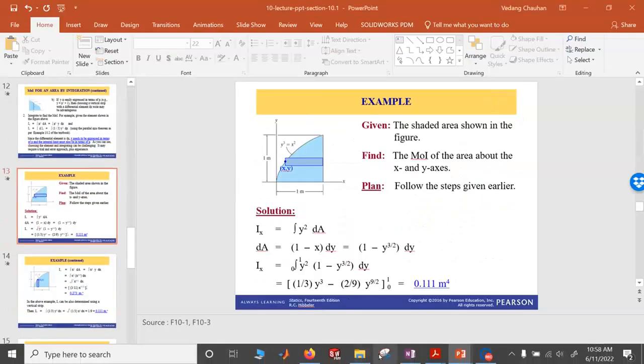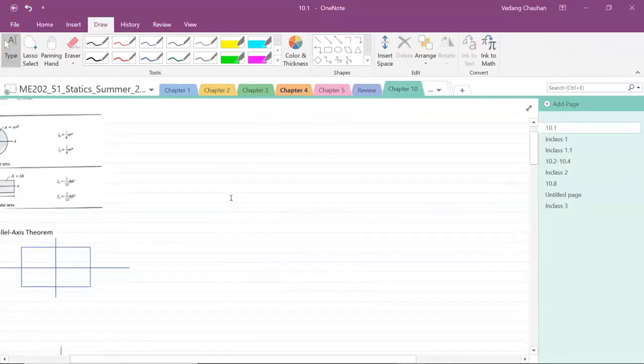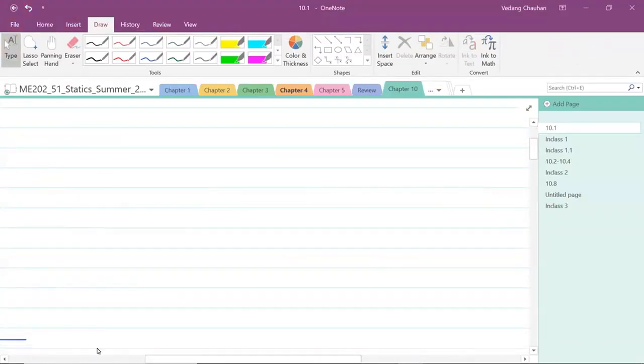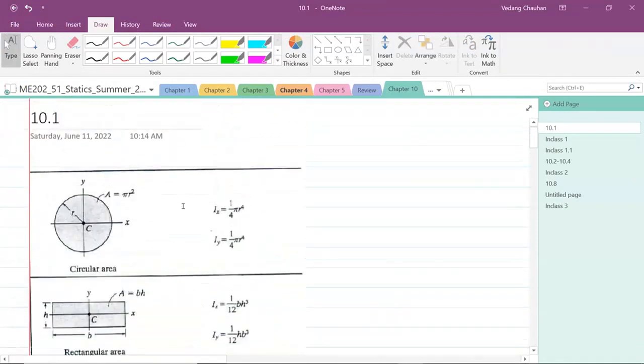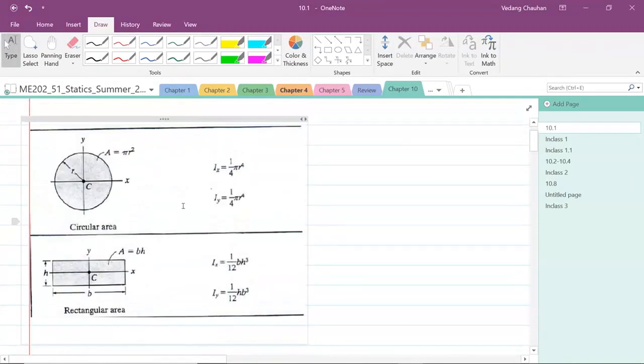And now I'll switch to the notebook and explain all the concepts. Now for standard shapes, the moment of inertia equations are predefined. So for example, and you will get this in the exam as well, let's consider this rectangular shape, and C is the centroid of the rectangular shape. Its width is B and height is H. So area is B times H, and its area moment of inertia, or resistance to bending, with respect to x-axis is 1 by 12 BH cube, and with respect to y-axis it's 1 by 12